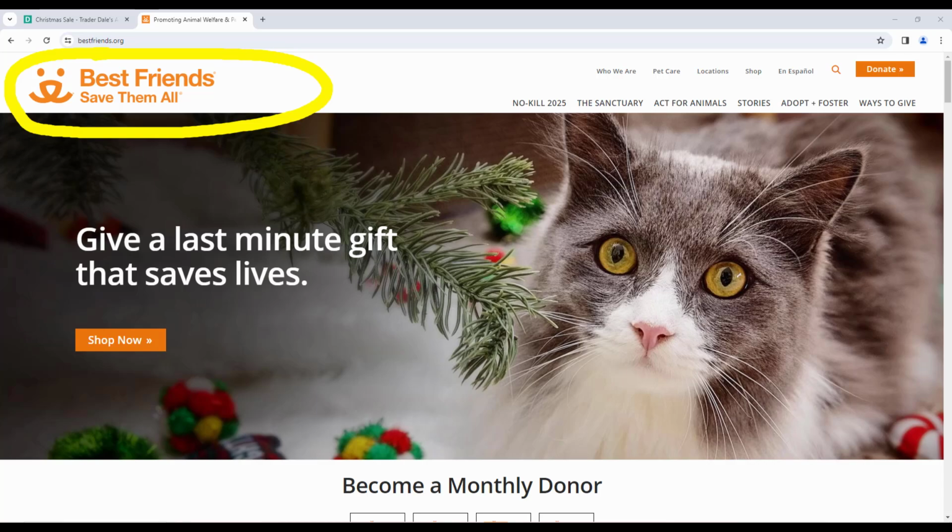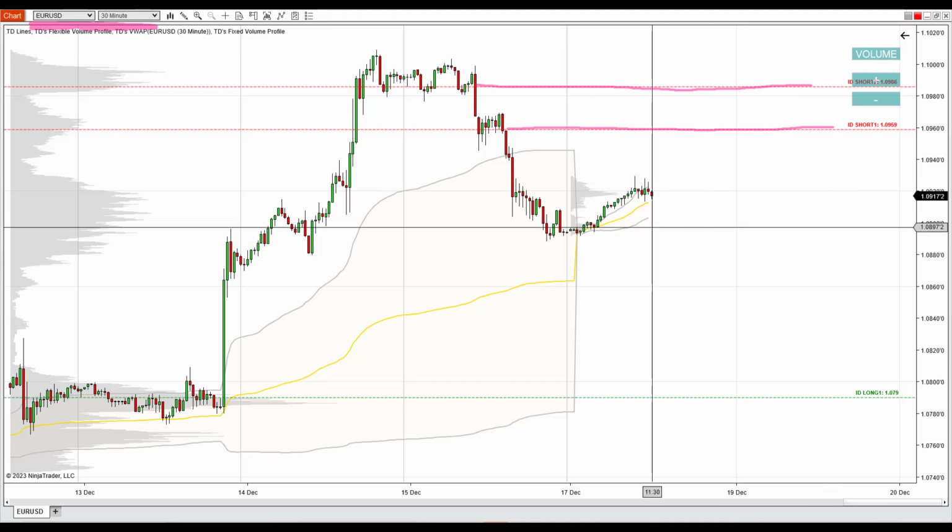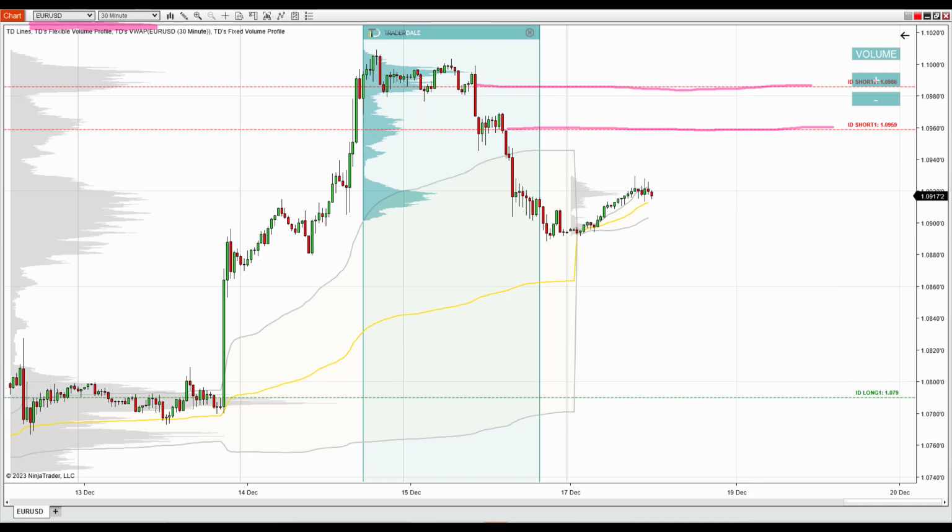So what you see before you is a NinjaTrader 8 platform with my custom-made volume profile and VWAP indicators. You are looking at the euro-dollar chart, 30-minute time frame, and I want to talk about newly formed resistances, this one and this one. I published those earlier in the members area for members of my trading course, and here is why I picked those. The first resistance, this one, is at 1.0959, and it is based on a volume profile setup which is